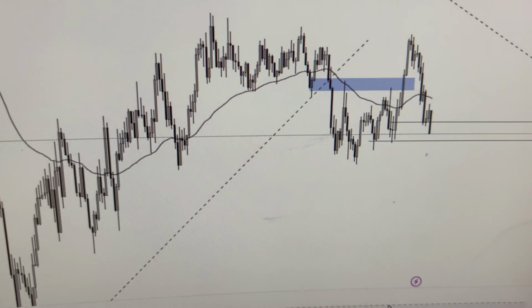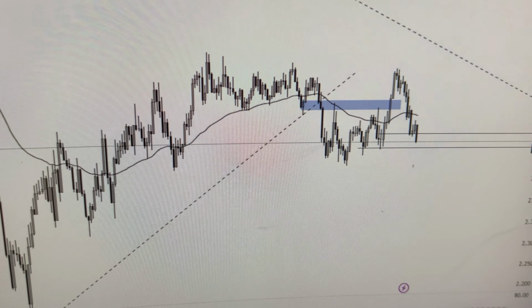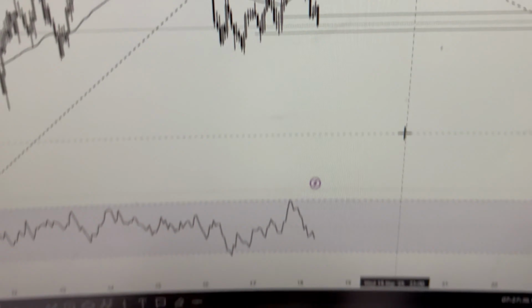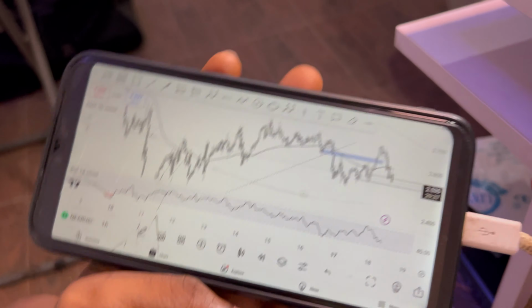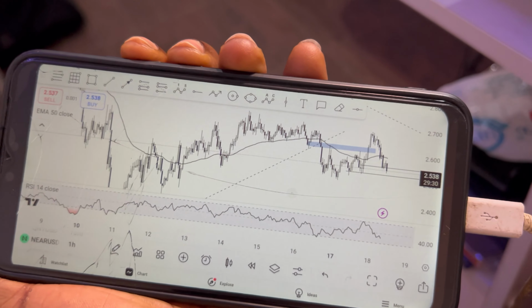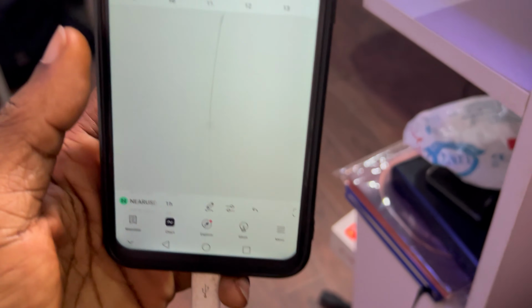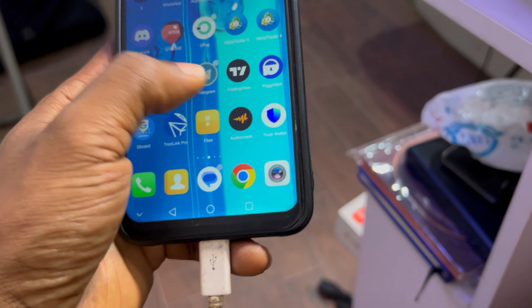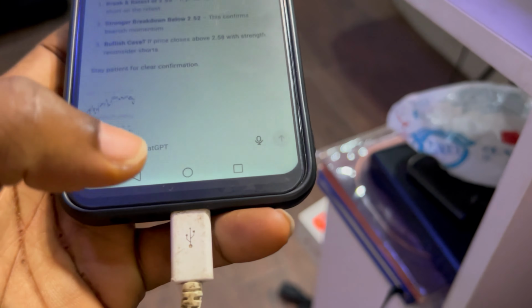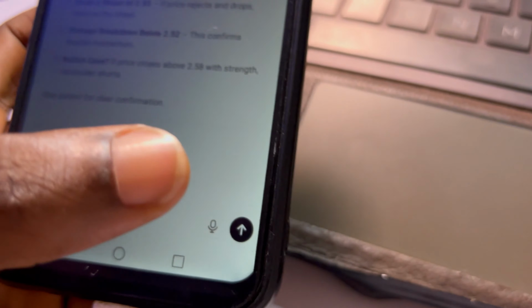So let me just screenshot this chart and send it to ChatGPT to tell us the next move. Yeah, I have not been able to trade. I'm having a serious power issue here, but hopefully today will be better. So let me send this chart to ChatGPT. This is the chart on my other phone. I'll screenshot it for ChatGPT to properly see the price action from here. So I've sent it from my phone, and we'll see what he has to say.